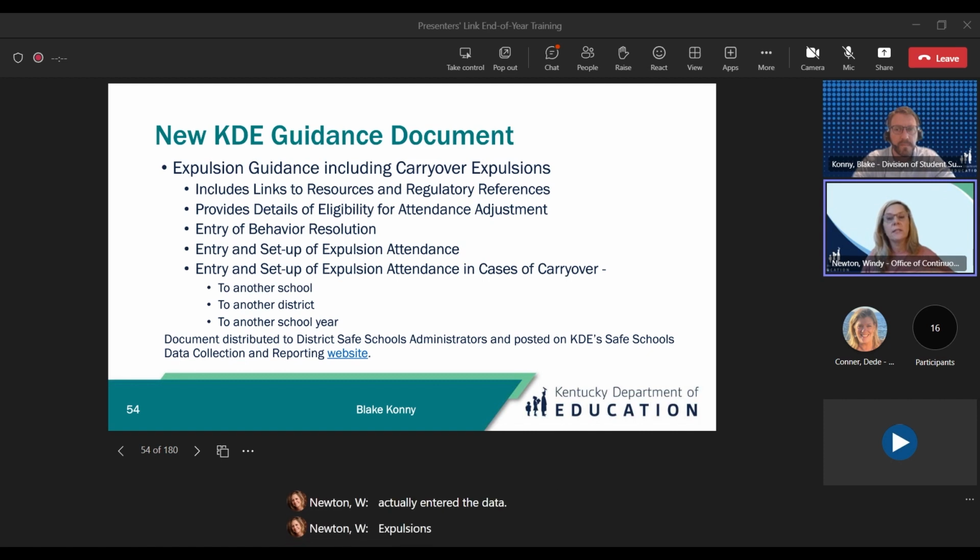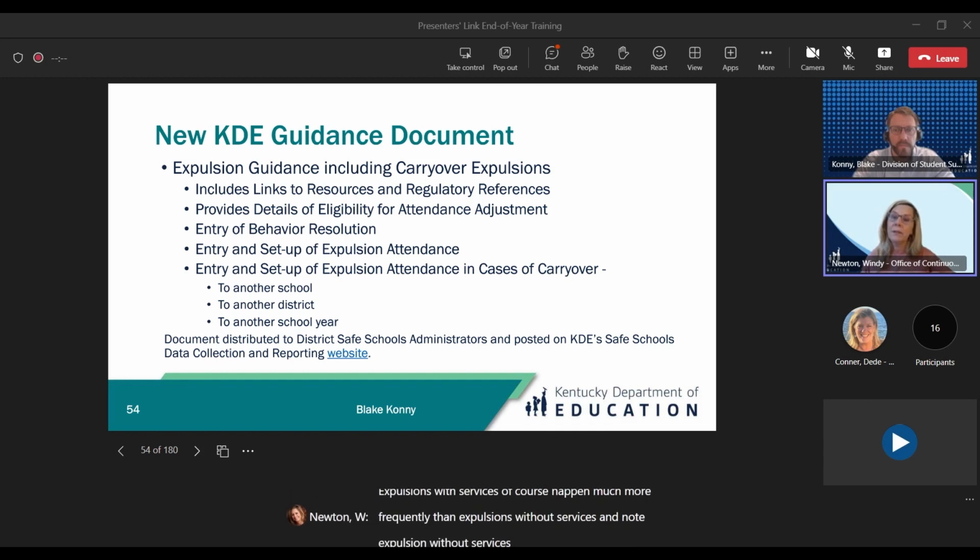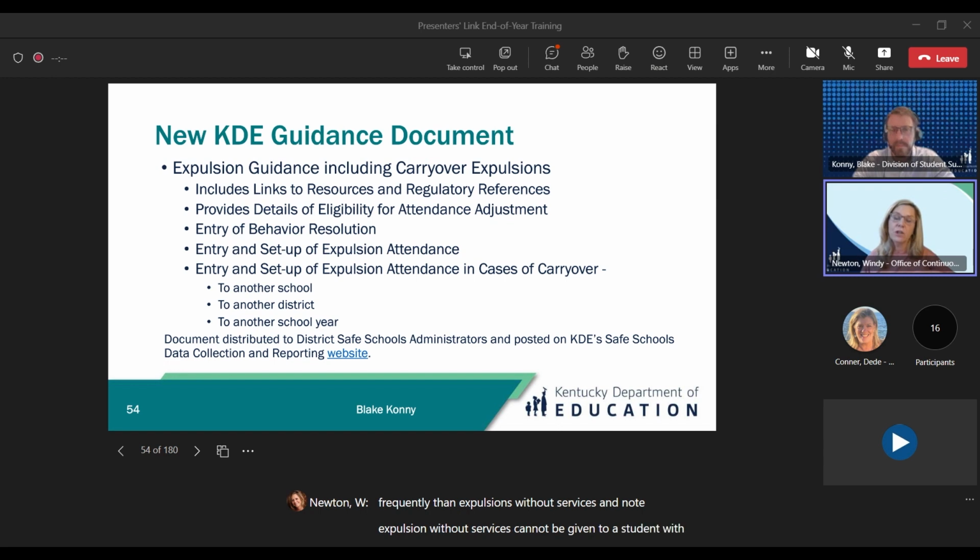Expulsions with services, of course, happen much more frequently than expulsions without services. And note, expulsion without services cannot be given to a student with special education or an IEP. For those expulsions, a district is eligible for up to 175 days of an attendance adjustment on their SAR.